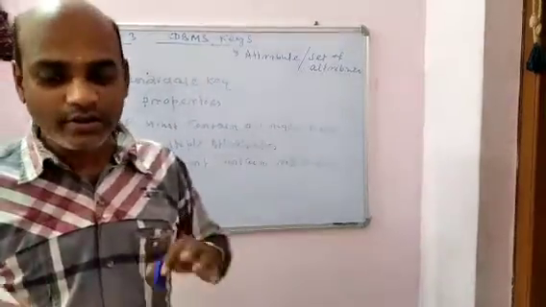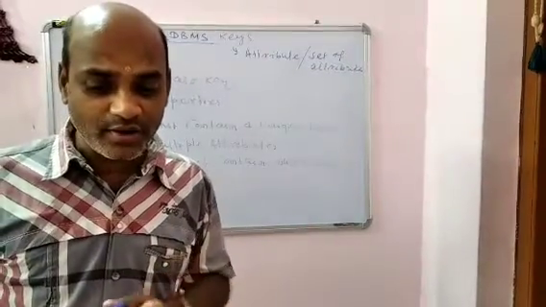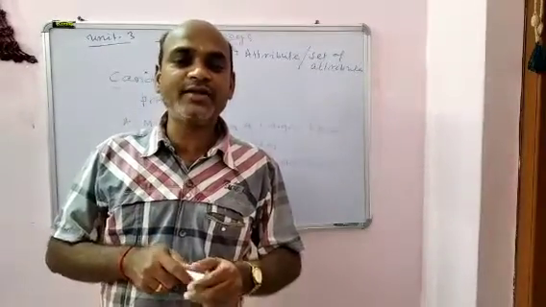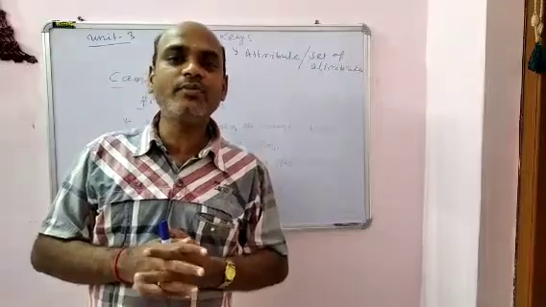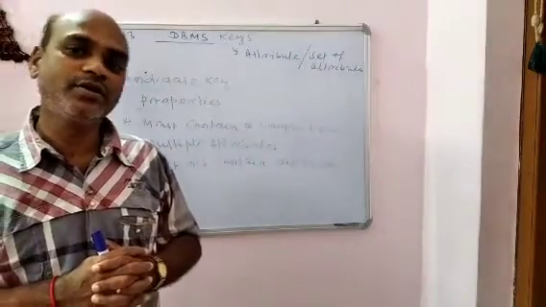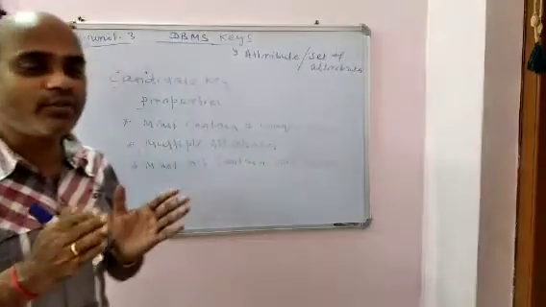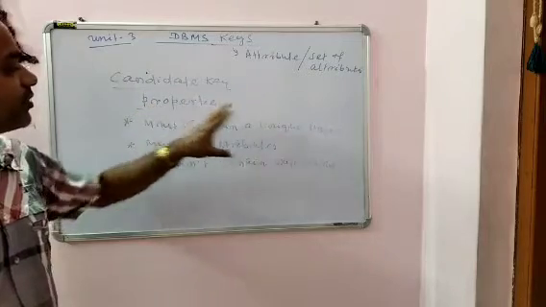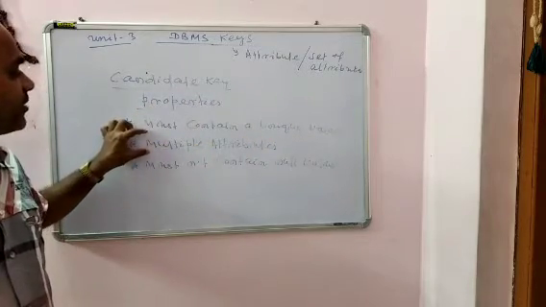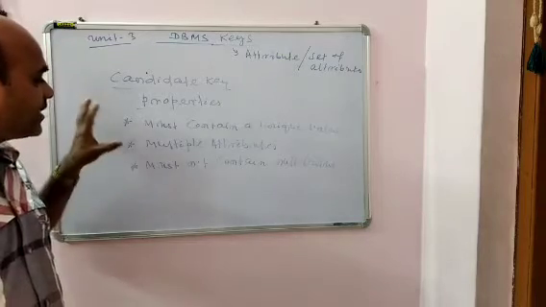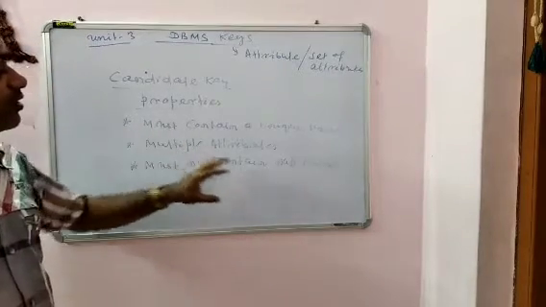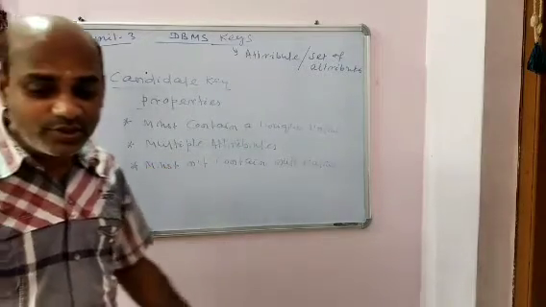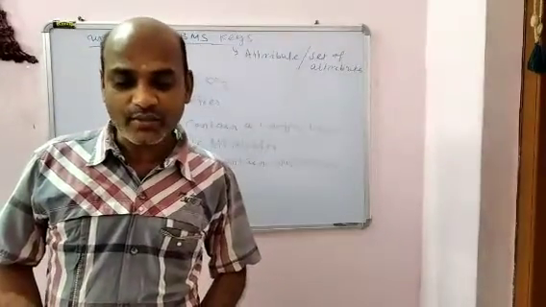It should contain a minimum number of fields to ensure uniqueness. So we have to combine the minimum number of attributes which can be maintained as unique. This must contain a unique value, multiple attributes can be taken as the candidate key, and it must not contain a null value, because we have to identify uniquely each record in a table.